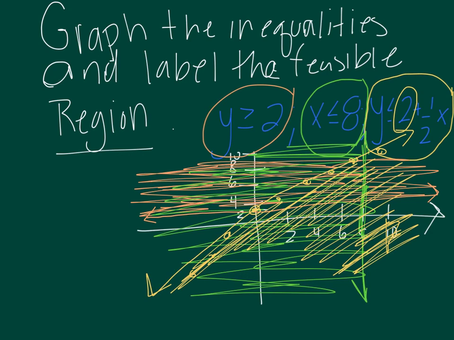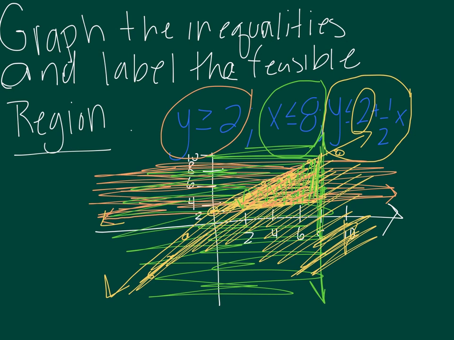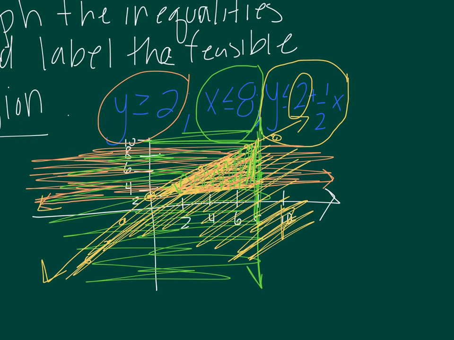Okay, so reviewing, with the y equals right here, we have this area, and the y greater than or equal to 8, we have this area, and the y less than or equal to 2, we have this area. So, if you look, this area right here is our feasible region. So any of these points can work. So when we look in there, we can see that,